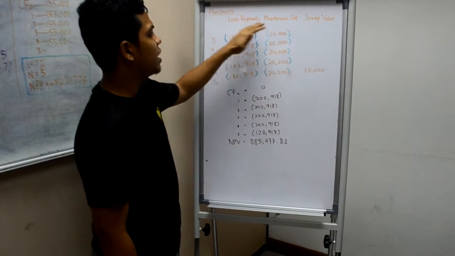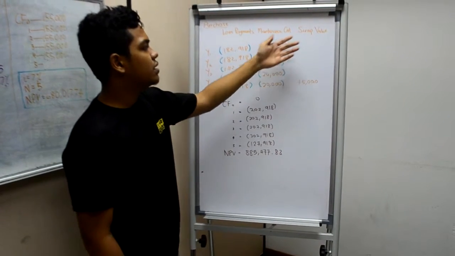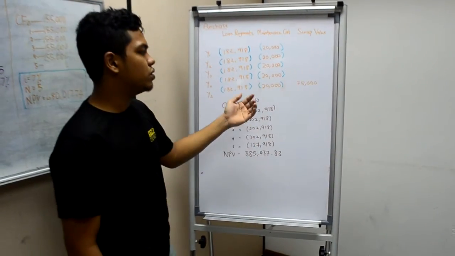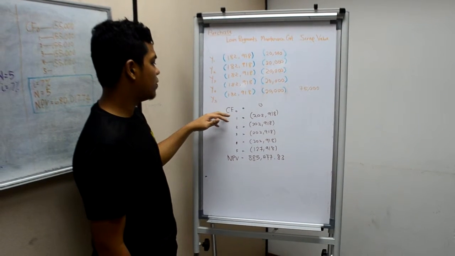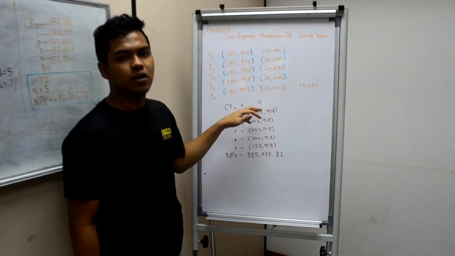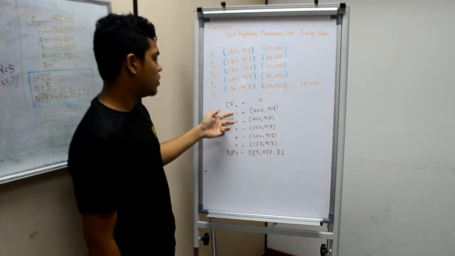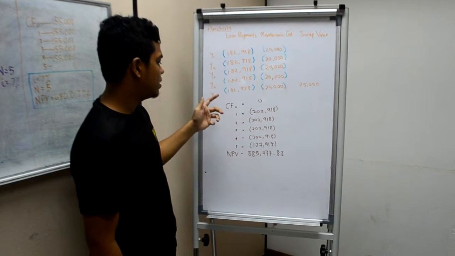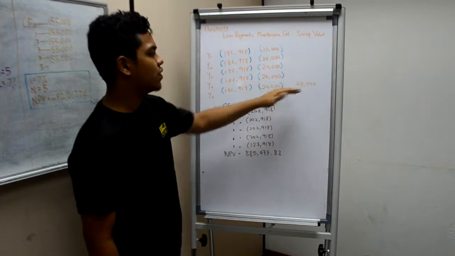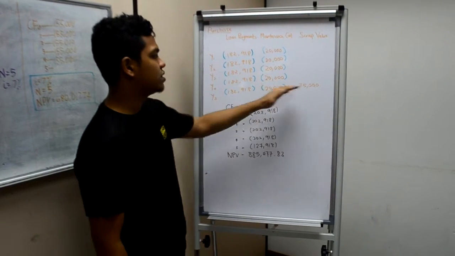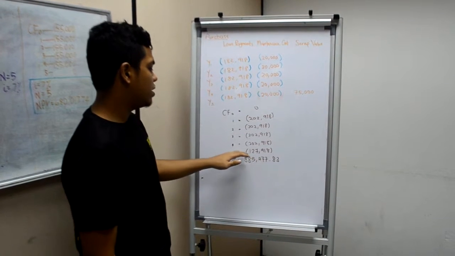For the loan payment and the maintenance cost is considered as outflow because we need to pay, and the scrap value is considered as inflow because we are getting the money. So to calculate overall, for the CF0, we counted as 0 because there is no cash flow, and for CF1 until CF4 is the same because there is no scrap value, and for CF5 is included with the scrap value, which is inflow, and then we get this